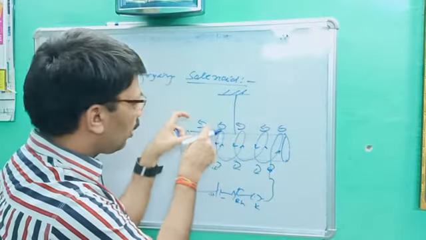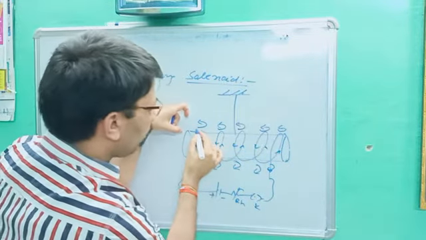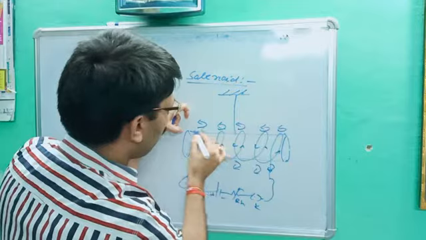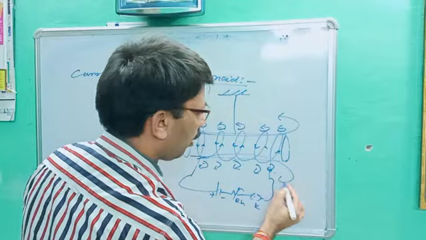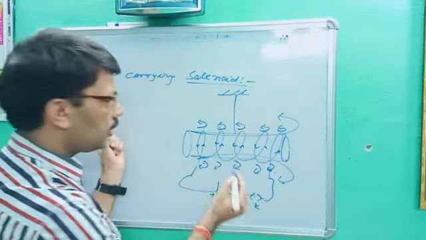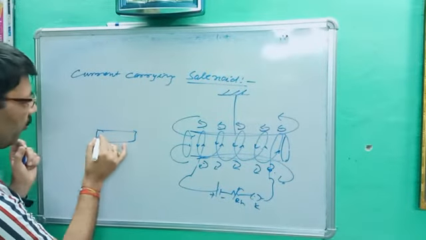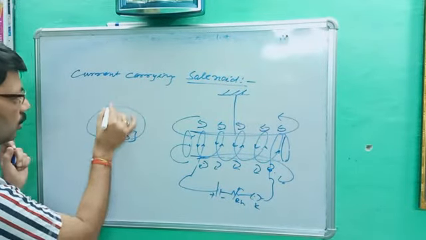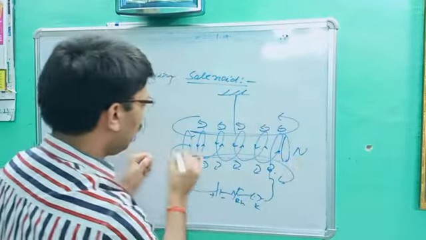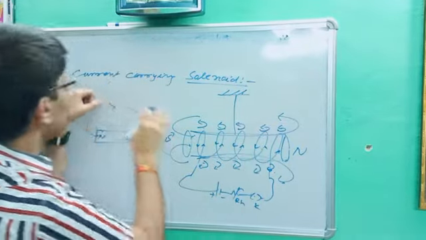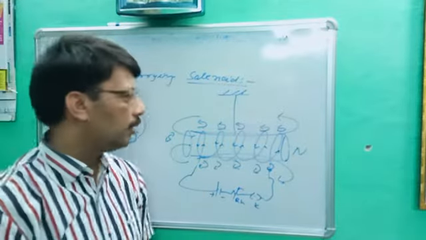Every loop behaves as a smaller magnetic field. The upper portion is anti-clockwise, the lower portion is clockwise. If you add them, anti-clock, anti-clock, and so on, the result becomes anti-clock. Here clock, clock, and so on, it becomes clock. You better know magnetic lines of force move from north to south. Here you can see the magnetic lines of force moving from north to south, so this becomes north and this becomes south. Hence a current carrying solenoid behaves as a bar magnet.